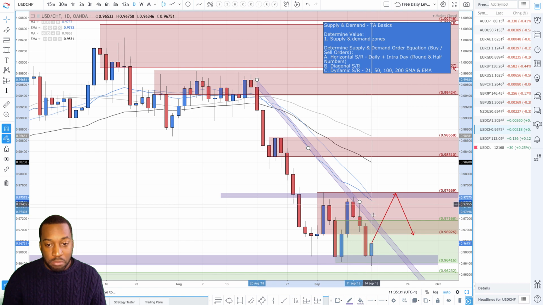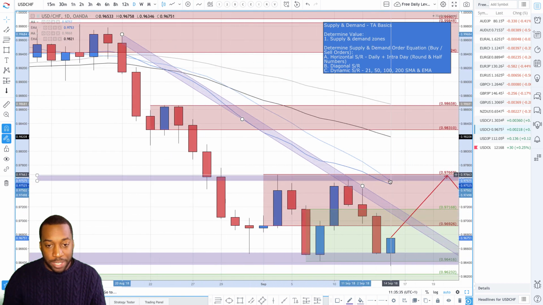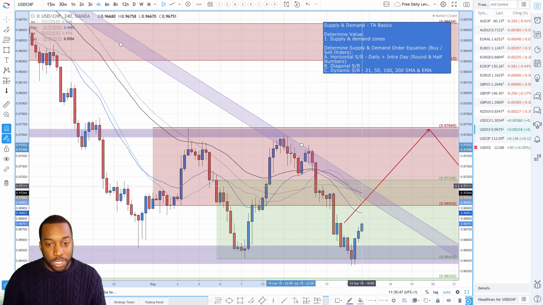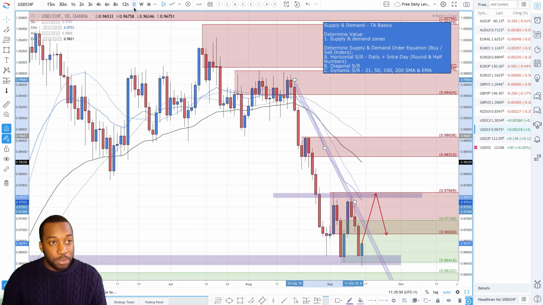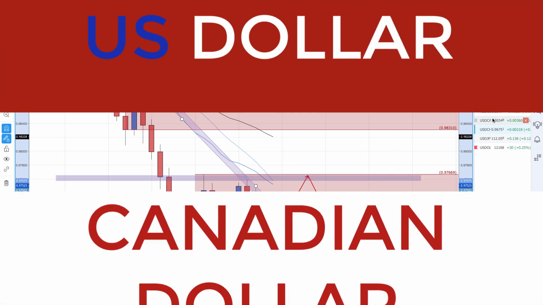So probably zoom in a bit, it's not necessarily any confluence within here, but at the moment this is where it is. If you did want to get short around here, that would also be an option, and then you'd have to probably go down into a lower time frame to look for any kind of support and resistance if there was any around here. But from a daily perspective, anywhere around here would be where you'd be looking to try and get short. Moving on to the dollar CAD,